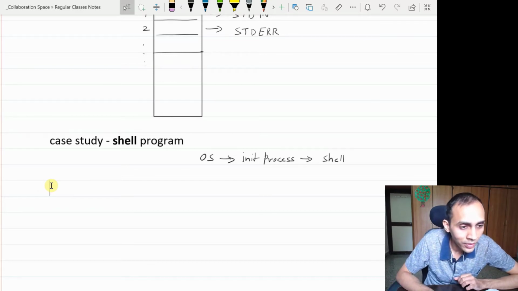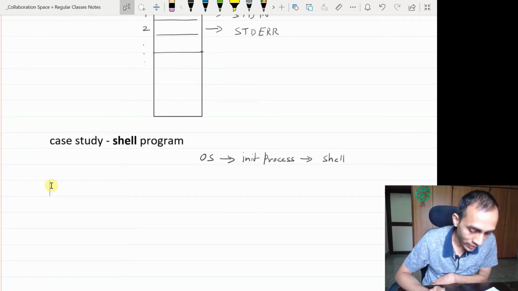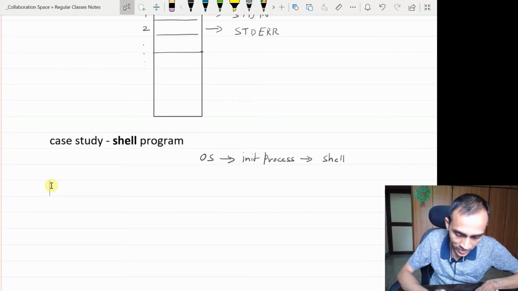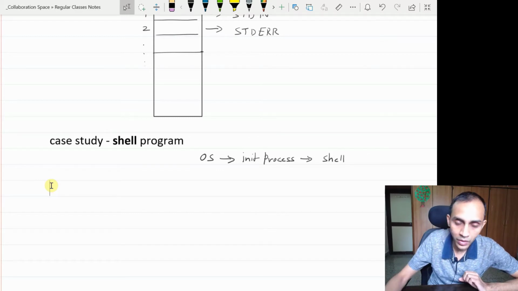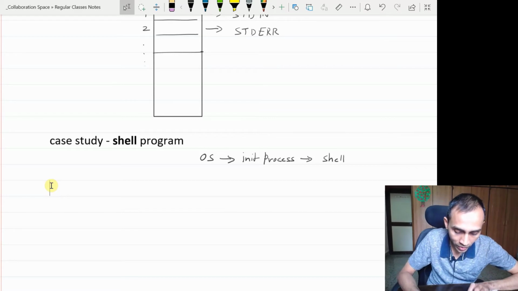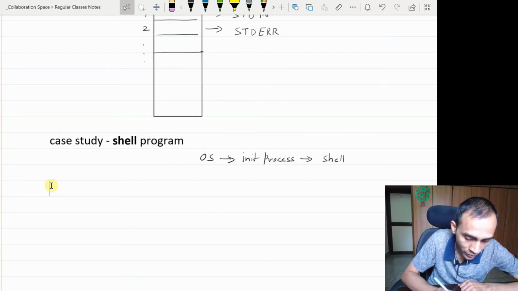Student: Sir, we can execute multiple command line arguments through a shell program, like we can write a program. Good, that is another thing. We'll be talking about exactly that in a second. But just rudimentarily, we can run a series of terminal commands. First I will talk about the basics of shell, and then I will talk about more complex things that we can do in shell.